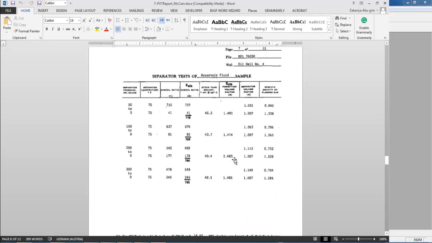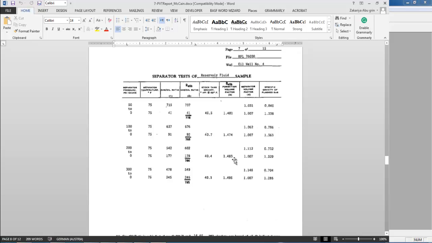So this is the separator data, and we have all of them 2 stages. What does it mean 2 stages? We go from bubble point to this pressure, and then from this pressure to atmospheric pressure. So this is 2 stage, 2 stage, 2 stage, 2 stage, or 2 stages. So